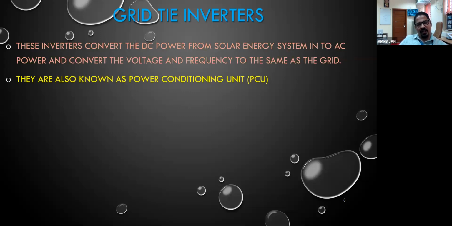So this inverter, otherwise it is called a power conditioning unit, PCU. PCU का मतलब पावर को कंडीशनिंग करना है, पूरा कंडीशनिंग करना है. What is the meaning of conditioning? कंडीशनिंग का मतलब ये है आपको your inverter output should be matched with the voltage, frequency and the waveform of the grid. That is called synchronization. So synchronization is to be done by your inverter.